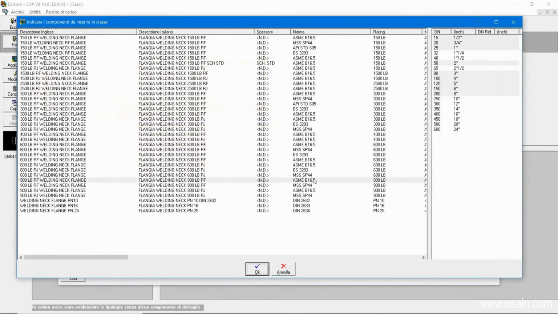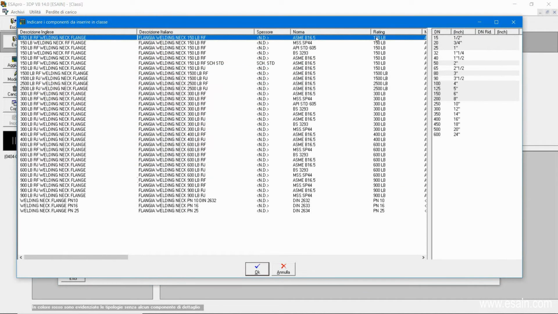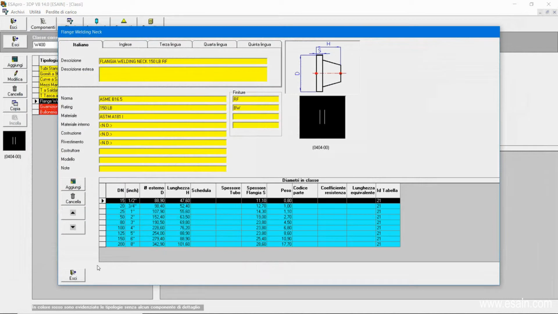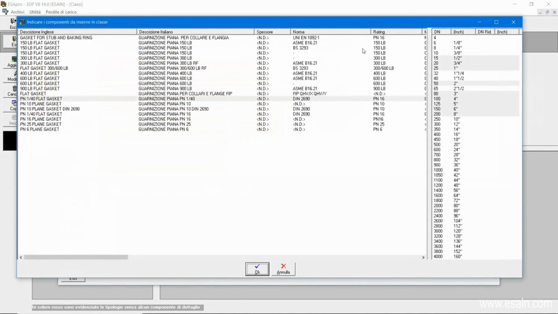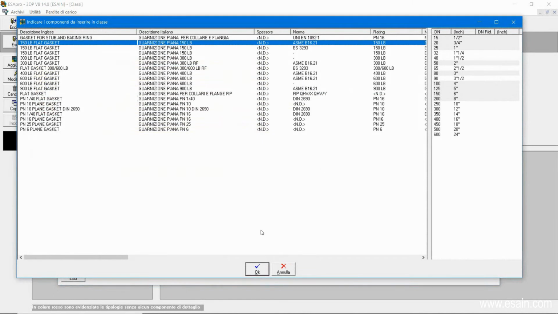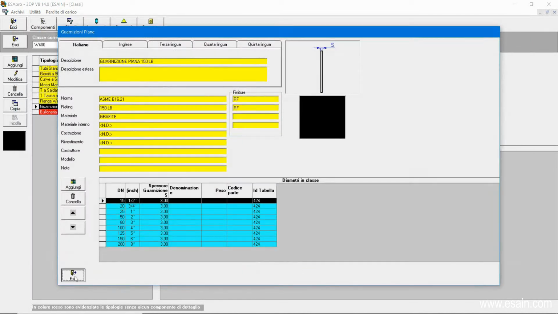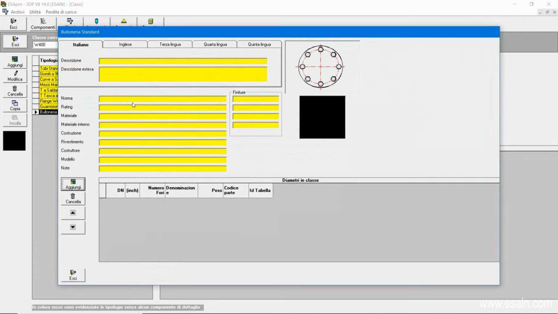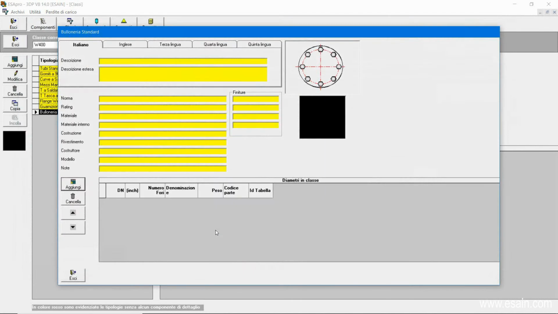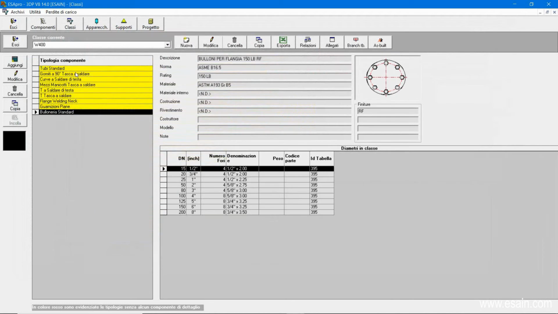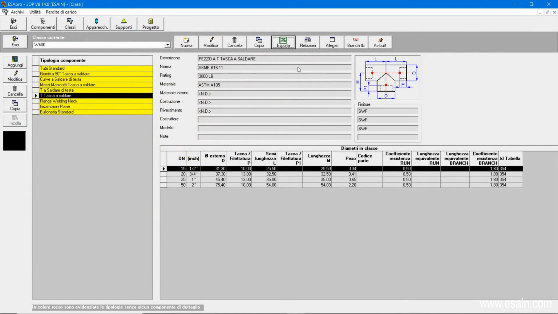We load the flanges according to the standard, in this case ASME 150 LB RF WN flange, gaskets, and standard bolt sets. At this point, our piping class is complete and we can start modelling.